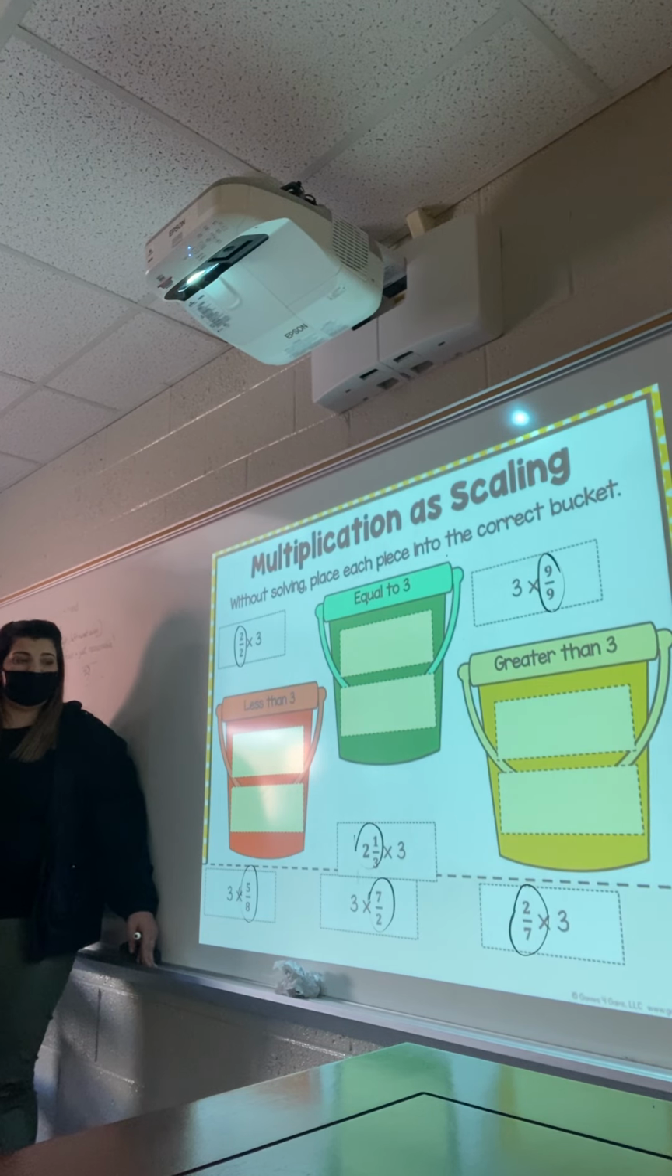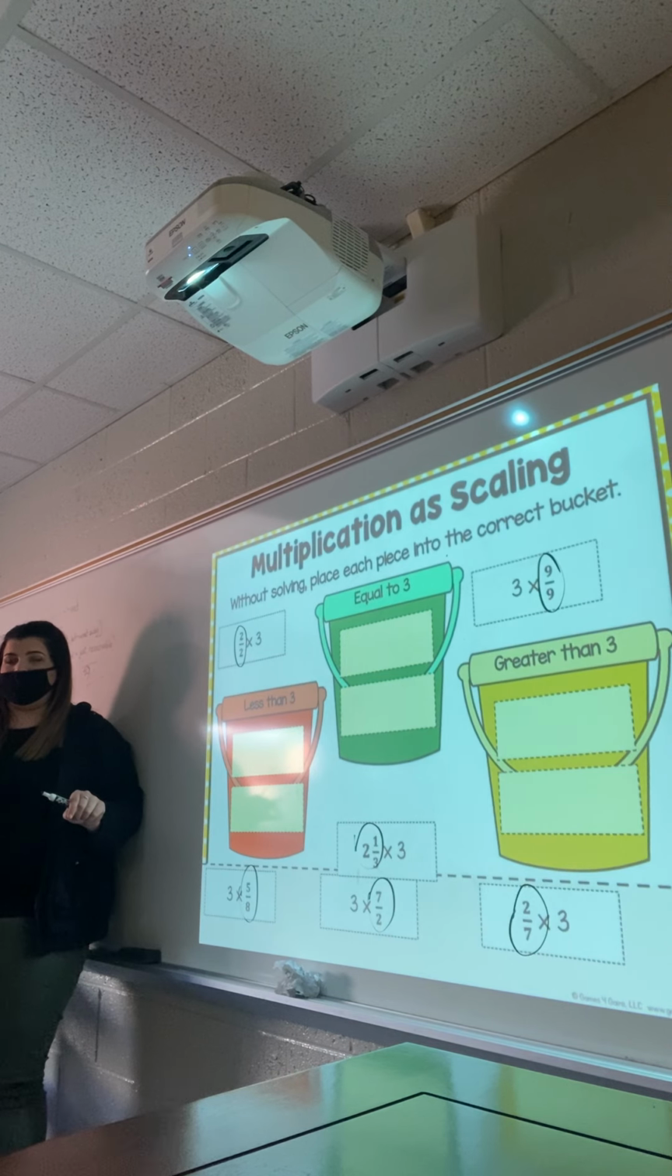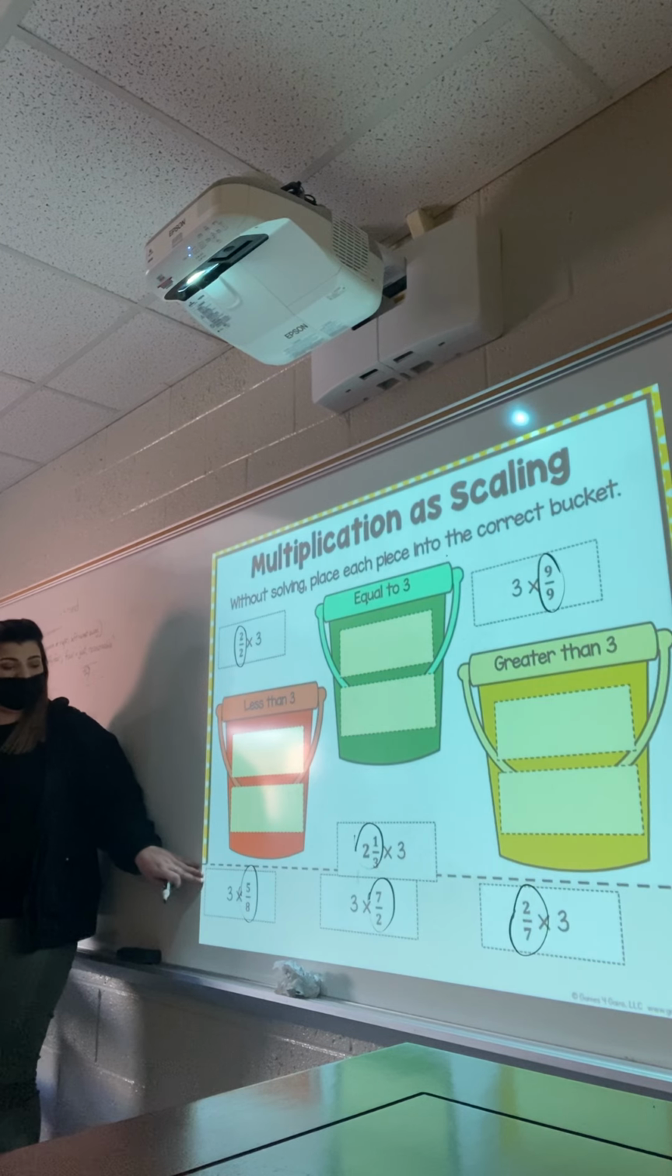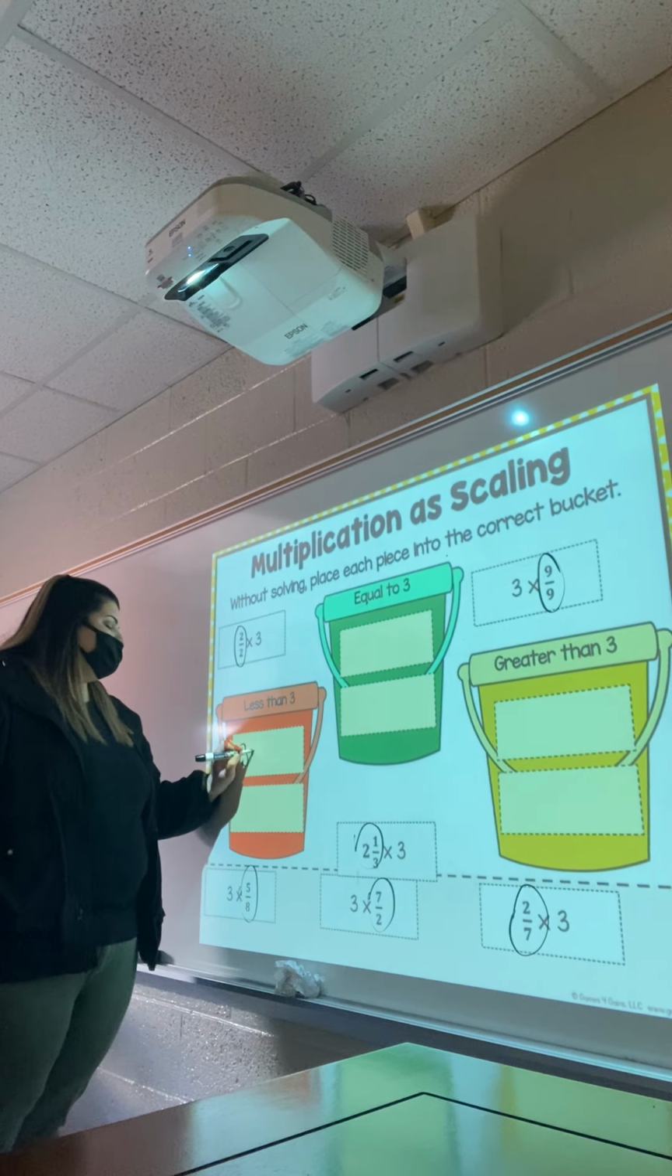Remember, we're looking for something being multiplied by 3 that's less than 1. Less than 1. Anybody want to help her out? Maggie. 3 times 5 eighths. So Maggie said 3 times 5 eighths